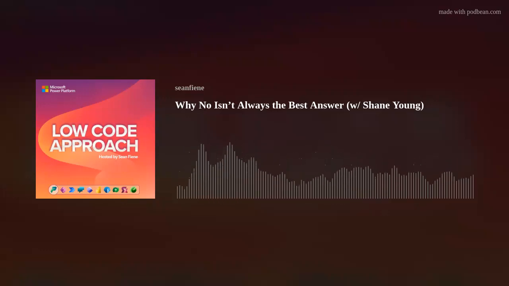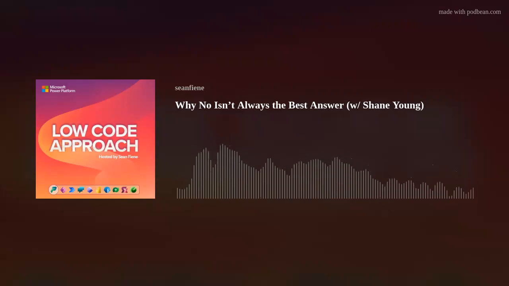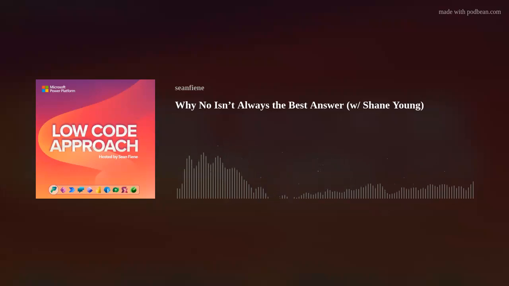But no, that's always been IT, right? You like being gatekeepers. You say no and negotiate from there. And I just honestly don't think that works in the Power Platform, this low code, no code world. A lot of my IT pro friends think, hey, that should be our default as well. And I don't want us to be there.